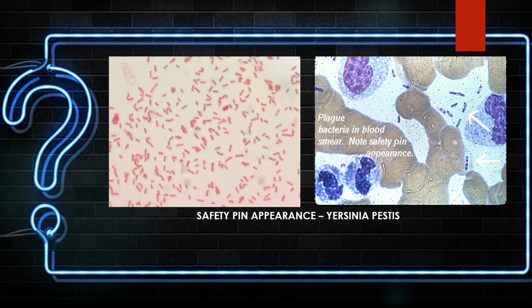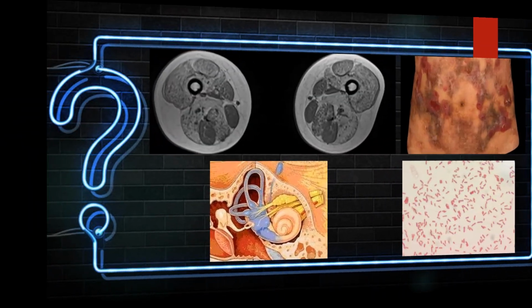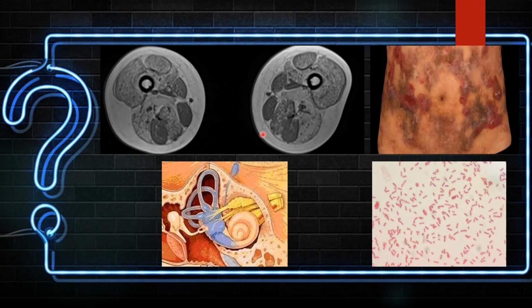So the link was aminoglycosides. Most of you would know the infectious uses of aminoglycosides, while it is the drug of choice for a few diseases, one of which is Yersinia pestis, and the only organism which has aminoglycosides as drug of choice and with a safety pin appearance. You would get that part easily if you had got the other 3, but most of you would not have been aware of this particular thing,